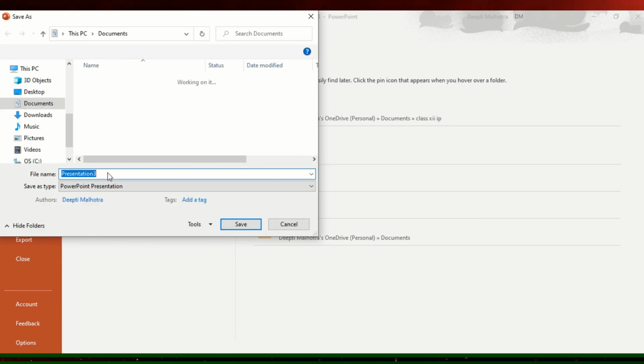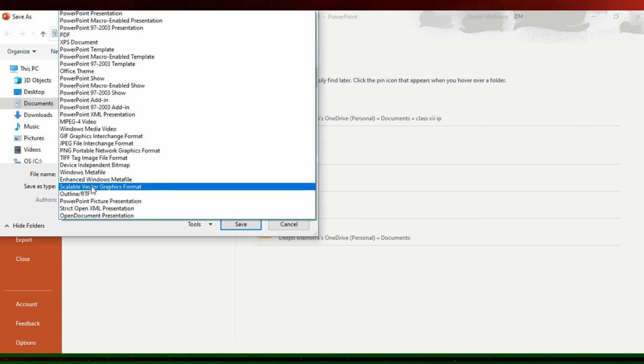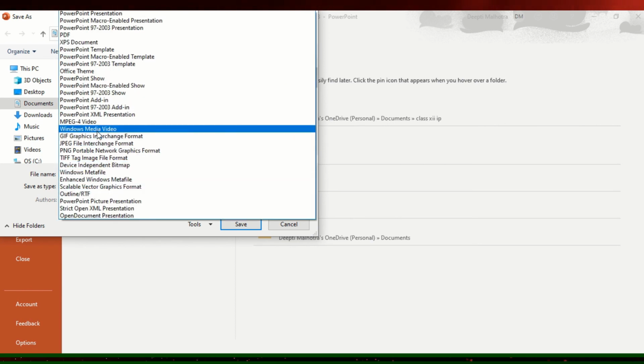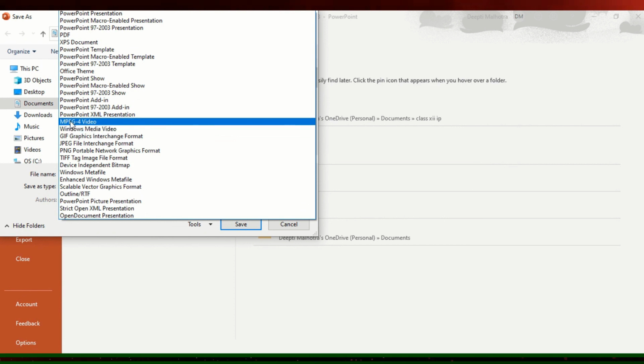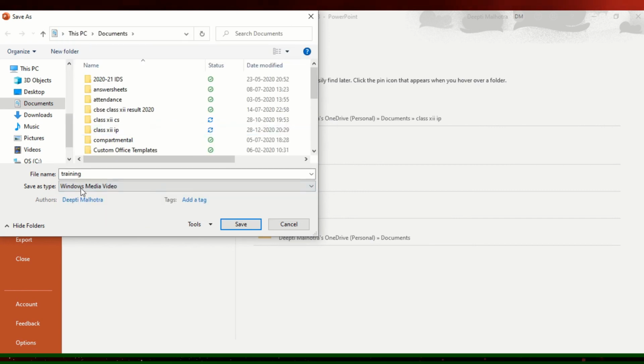Now it is going to ask you to give a file name. Here I am giving training. Now instead of PowerPoint, please see it carefully. You have to save it either as MPEG-4 video or Windows Media Video. Here I am choosing the Windows Media Video kind of file and I am going to click on Save.